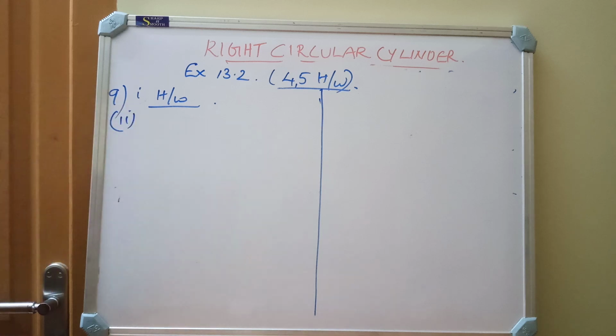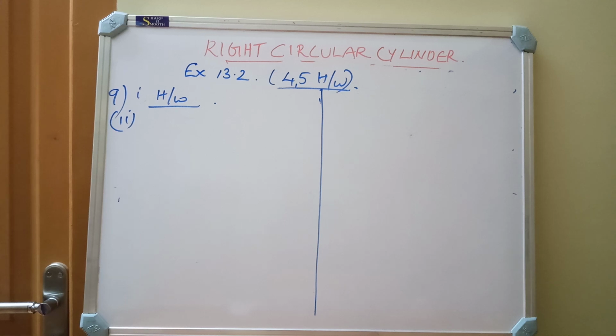Okay. The second part of the question, with the same measurements, is what we have to do. What is the second part of the question? How much steel was actually used if 1 by 12 of the steel actually used was wasted in making the tank?